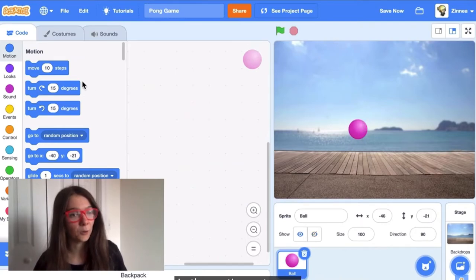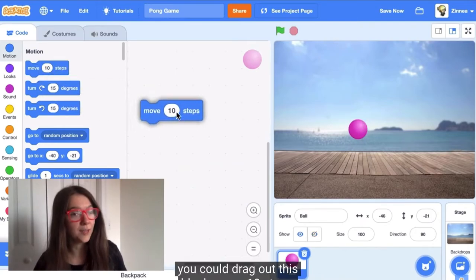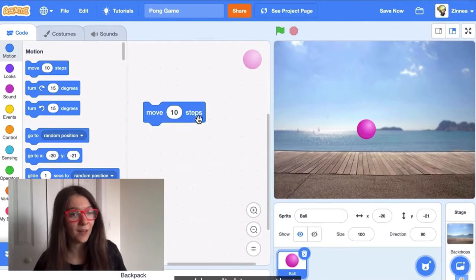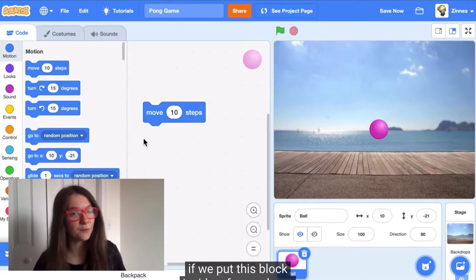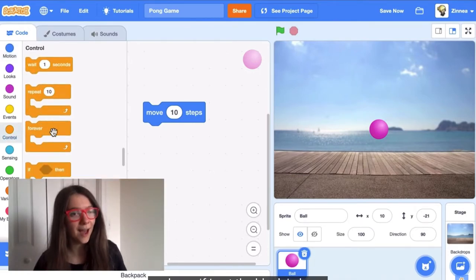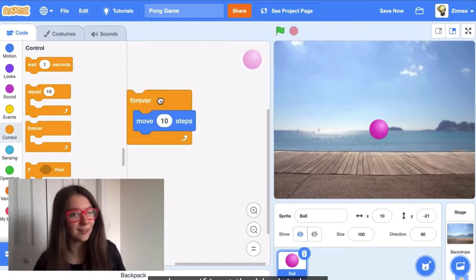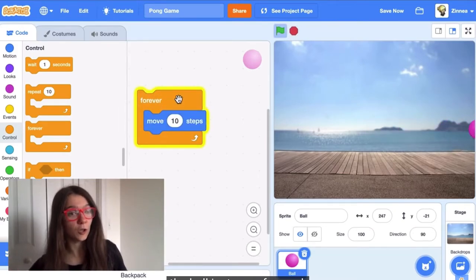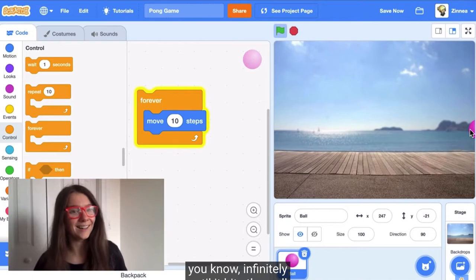In the motion category, you could drag out this block, Move 10 steps, and by clicking on that, the object will move. Let's see what happens if we put this block inside a forever loop. So I'll go to the control category and drag out a forever loop. And now, if I put the block in here, the ball just goes forward, infinitely, until it hits the wall